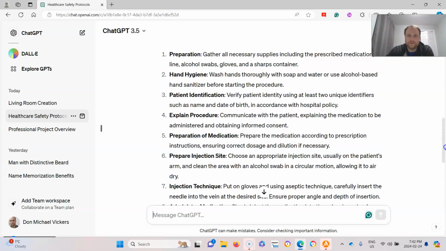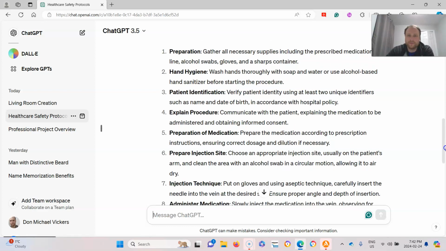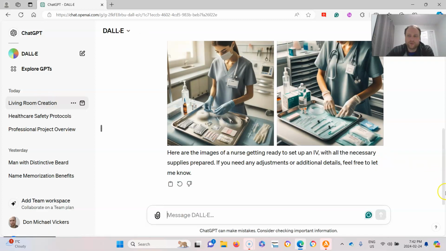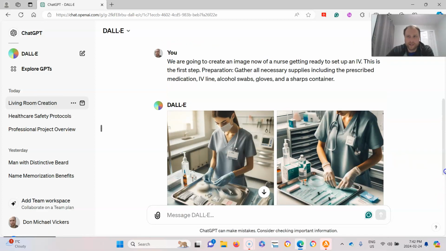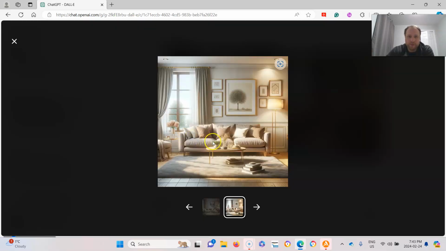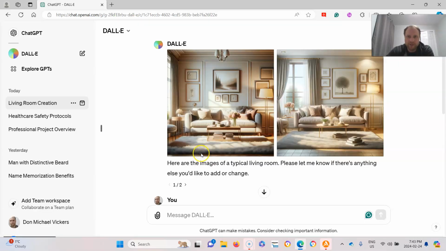Patient identification. Verify patient using at least 2 unique identifiers such as date of birth in accordance with hospital policy. So patient identification. So this is sort of when they go into triage and you tell them your date of birth, give them your health card. So this kind of works out good because our next location here,